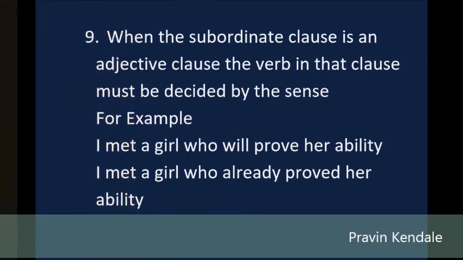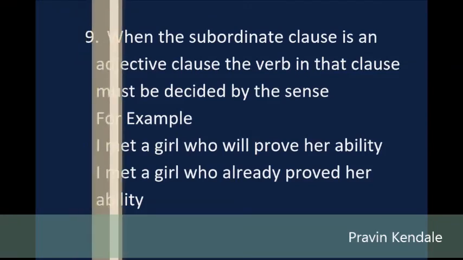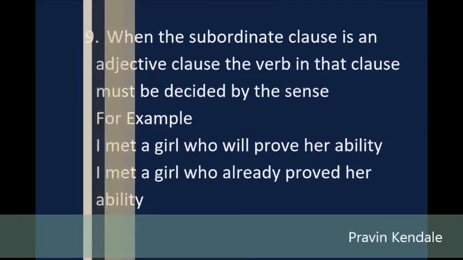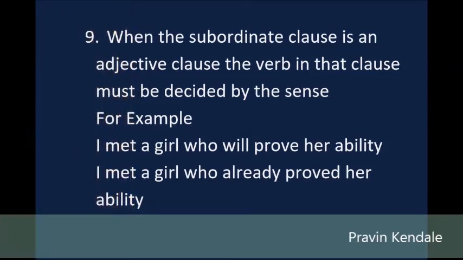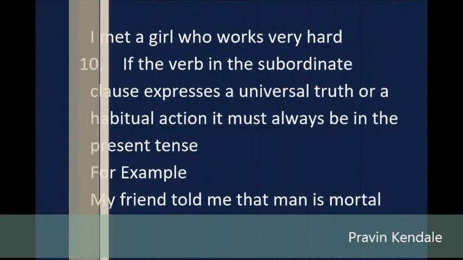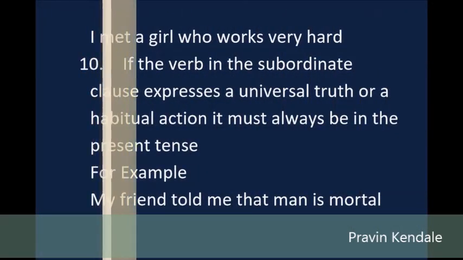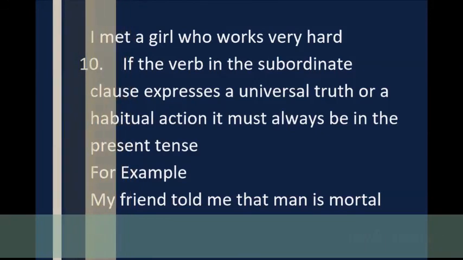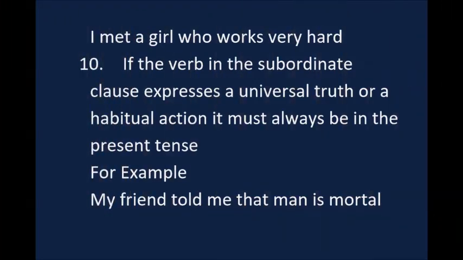9. When the subordinate clause is an adjective clause, the verb in that clause must be decided by the sense. For example, I met a girl who will prove her ability. I met a girl who already proved her ability. I met a girl who works very hard. 10. If the verb in the subordinate clause expresses